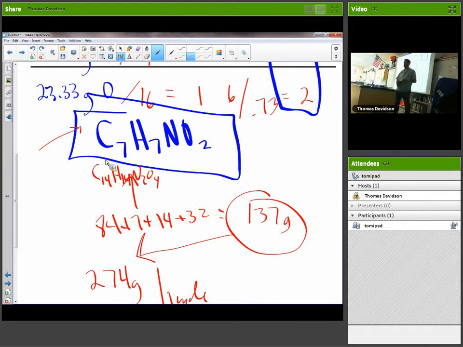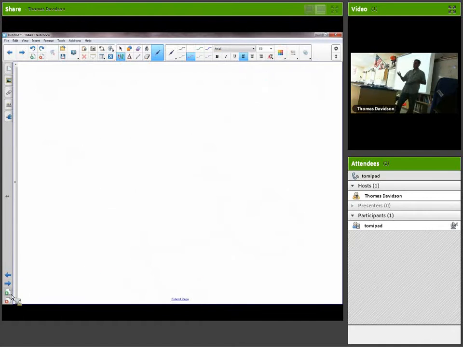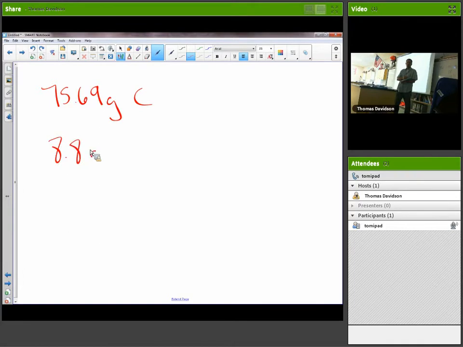Okay, ibuprofen. You ready? Ibuprofen is in a lot of medicines you take. It has 75.69% carbon, 8.8% H, and 15.51